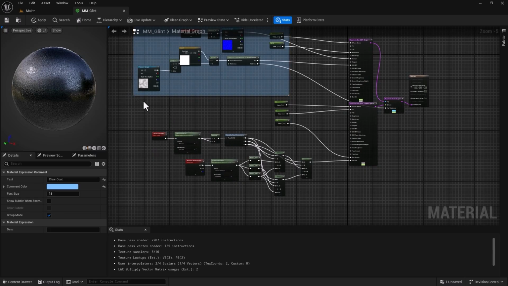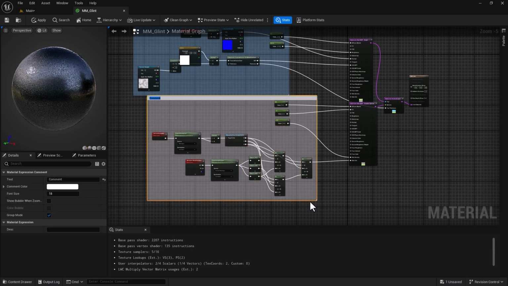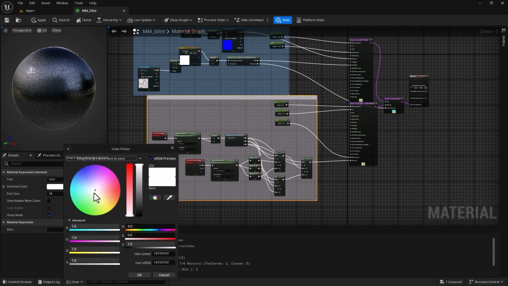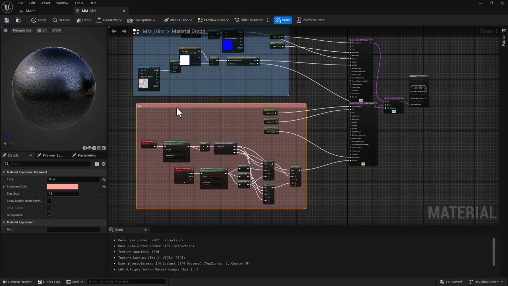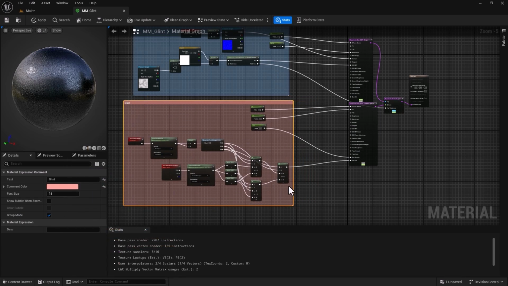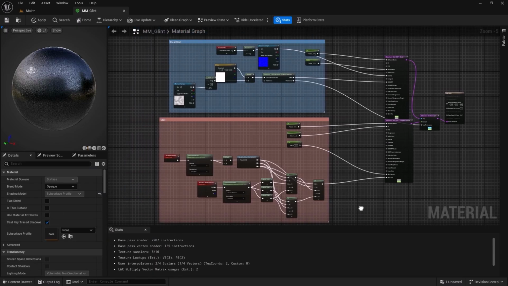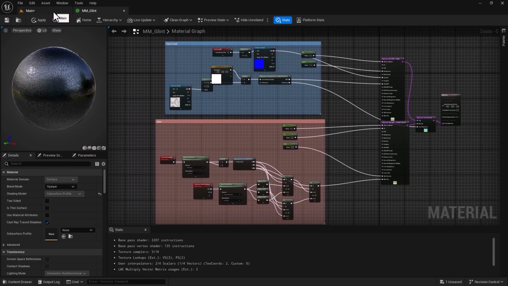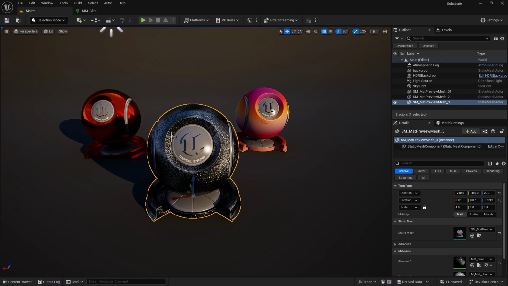And I can select these guys, and I can call that, hold down C, press C on your keyboard, call that glint, because, well, that's the main functionality of this one right here. I can make that sort of light red-ish type of color. And we're all good. Now, one thing is left, and that is to give it a little bit of specularity